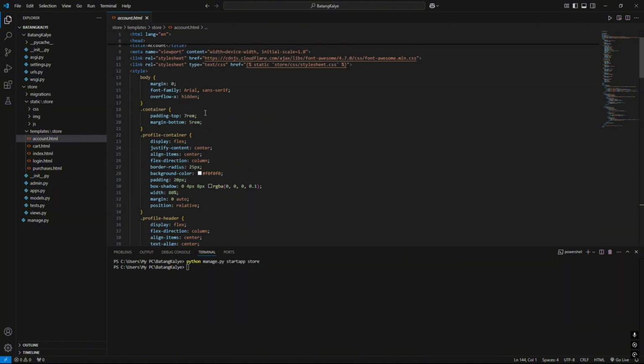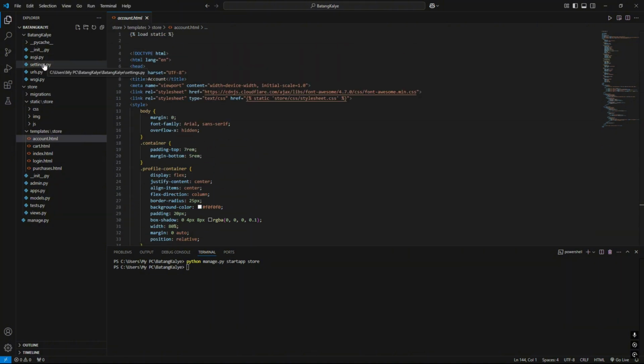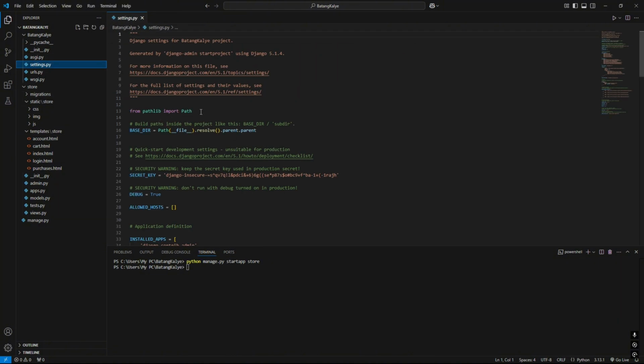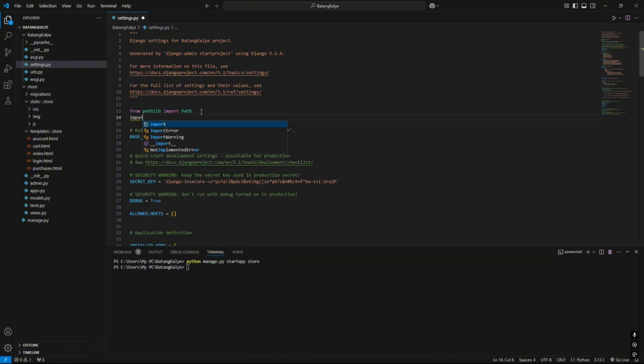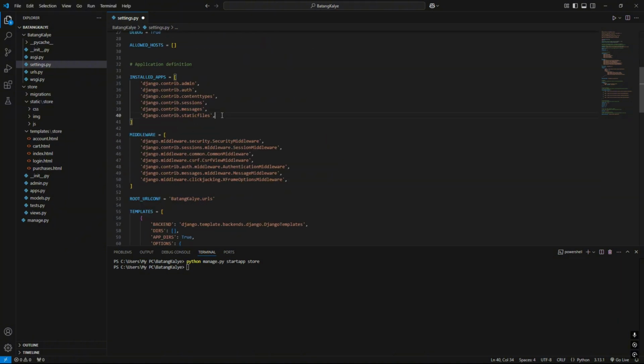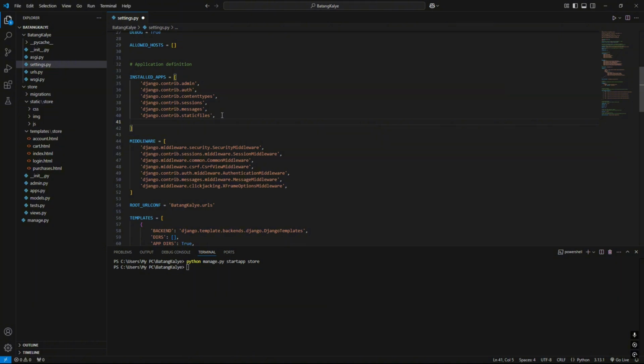For our next step, let's proceed to settings.py, and we're gonna import os. It helps us to define the file path of the files. Here in the installed apps, we should add our store app.